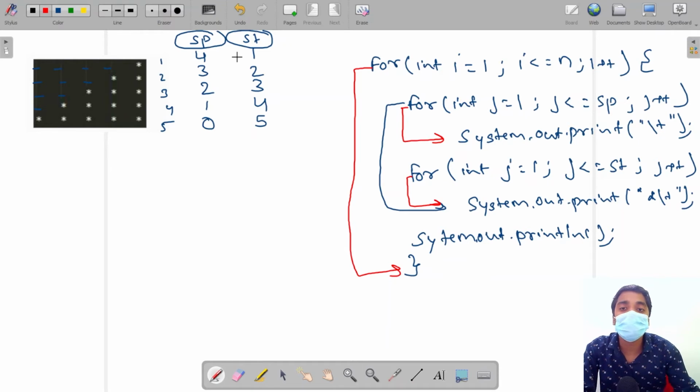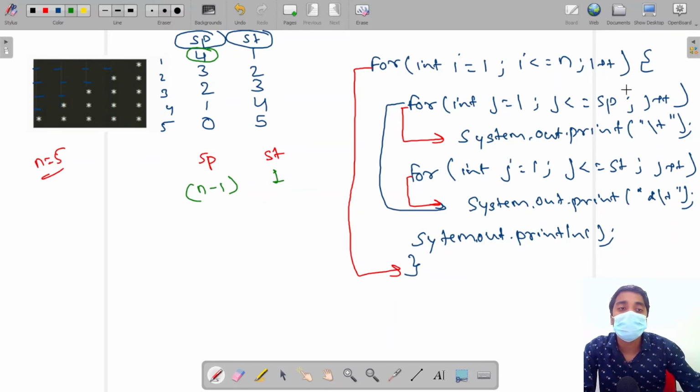Here what will be the value of spaces and stars? So this is the pattern when n is equal to 5. Here we can see when n is equal to 5 the spaces need to be printed as 4. So this is n minus 1 and the stars start from 1.